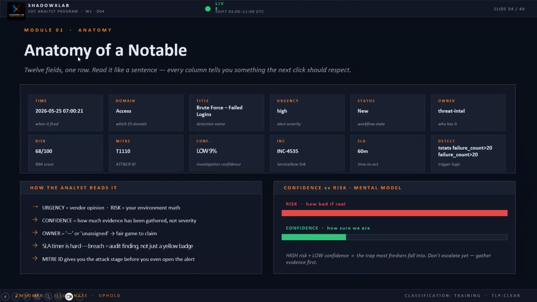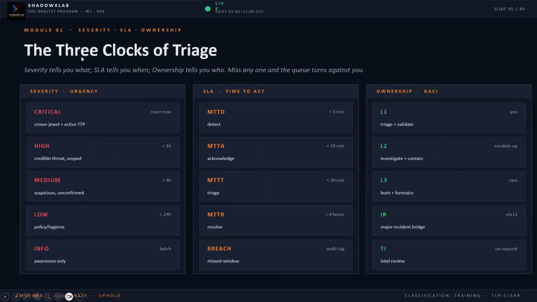Now, we studied the anatomy, right? We are going to learn about the three clocks of triage. Three clocks of triage means what exactly the analyst needs to perform, right? What are the things he needs to keep in mind? So basically, there are KPIs. What is KPI? Key Performance Indicator. So this is the